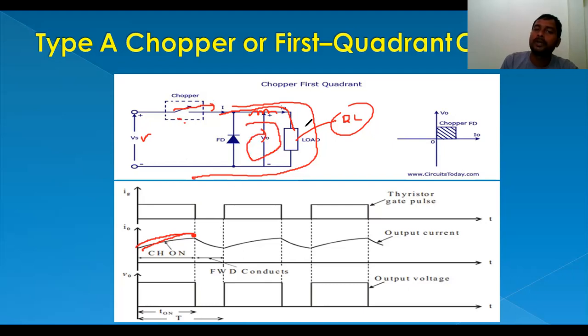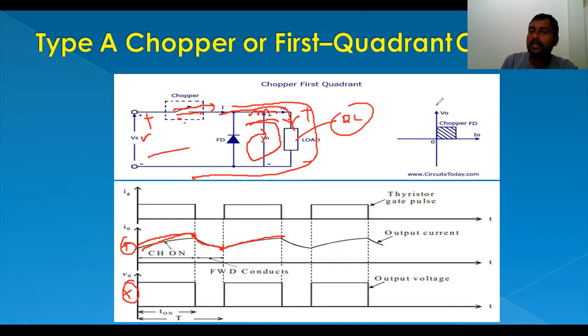So even though the chopper is in the off condition, the current will flow in this direction only, but the inductor releases energy slowly, and after reaching this point, the chopper will be turned on again, and the inductor again stores energy. Current is positive here, and if you close the switch, positive voltage appears across the load like this, positive and negative.